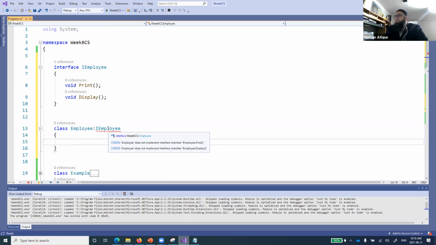Yeah. You see that it's giving some error. So what does it say? Read the error. Employee does not implement interface method IEmployee.print and IEmployee.display. You understand what that means? Because interfaces do not provide the implementation of methods. If you see my slide, now it will start making sense to you.